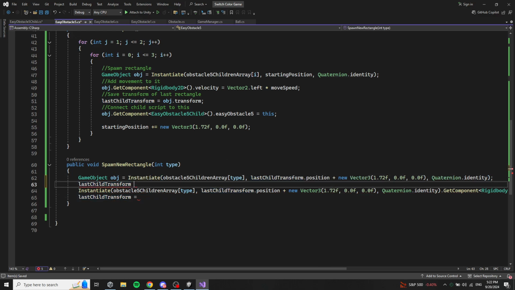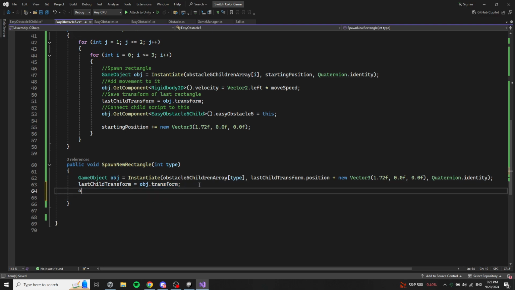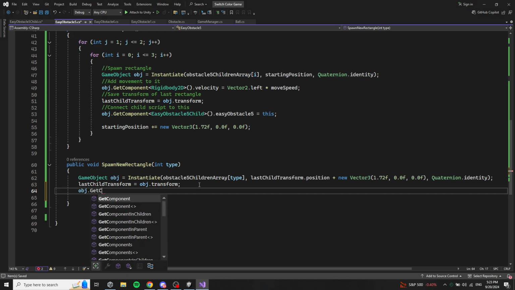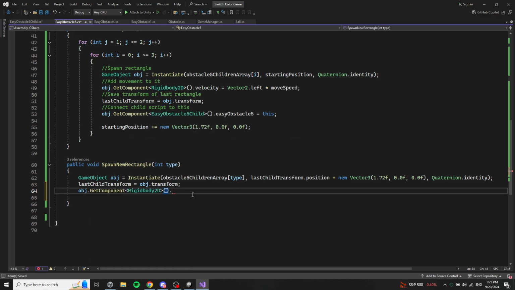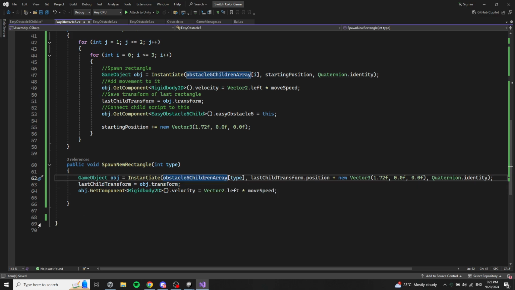Then we save the transform, and then we give it speed equal to. So first we spawn it, then we save the transform, then we give it movement,